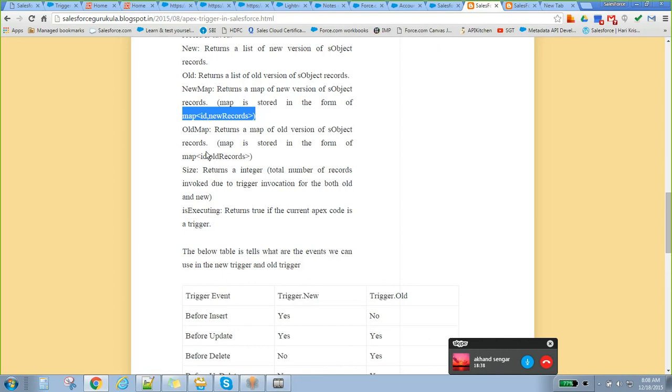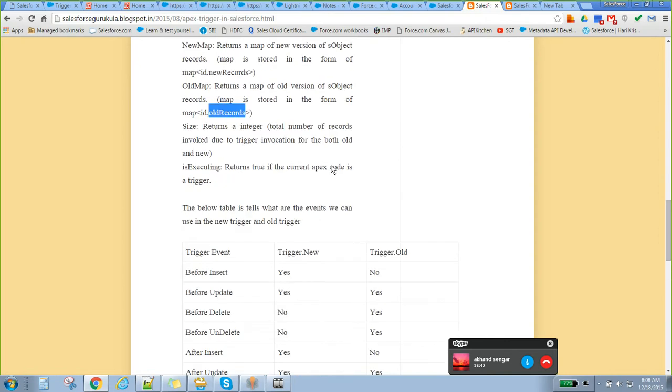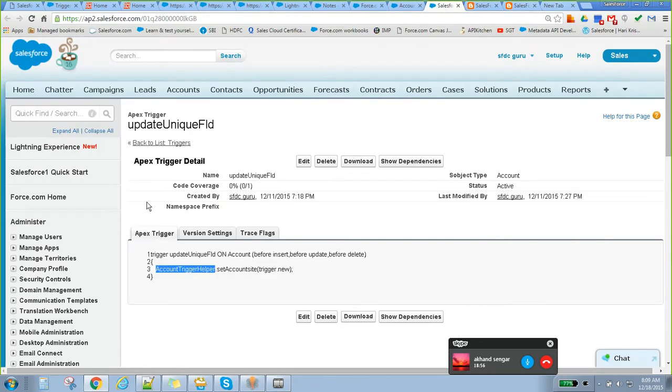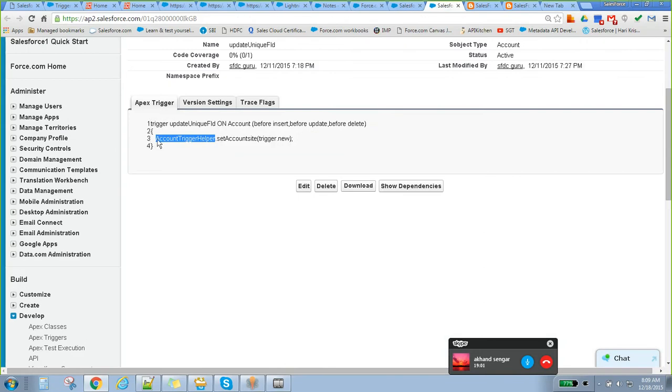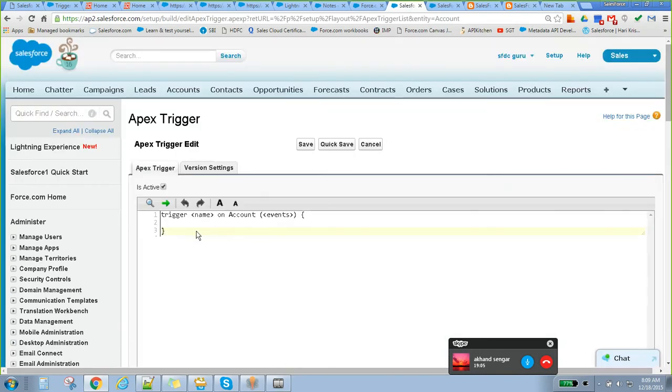Now we'll move on to creating an after trigger. Create contact trigger.